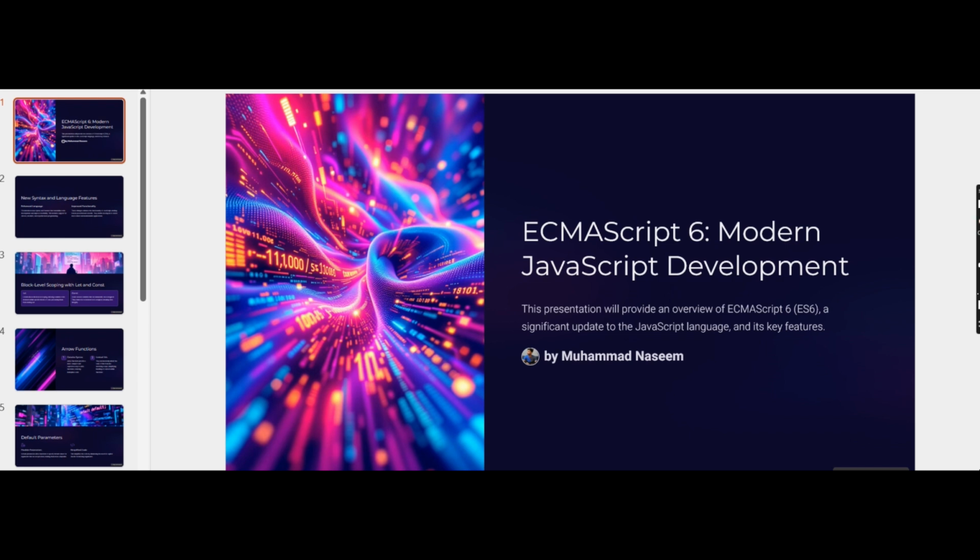After the introduction of ECMAScript 6, JavaScript totally changed. If I say 90% of JavaScript changed, then I won't be wrong, because after its introduction, the usage of JavaScript grew very rapidly, and we will see later on how.